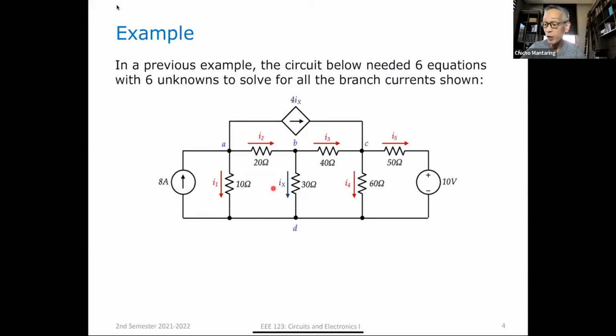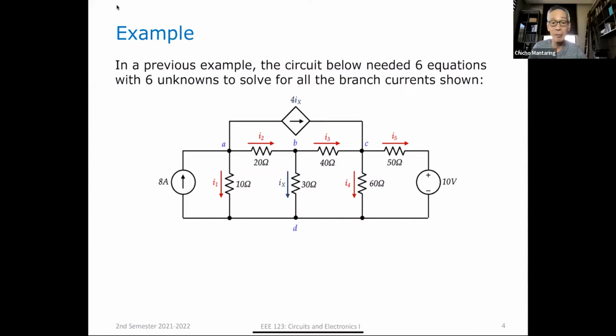So I applied KVL to this mesh, and this mesh. And that's where I got my 3 other equations. So I had to solve 6 equations in 6 unknowns. Now, everybody knows that that's not a very convenient thing to do. Fortunately, your calculators can solve sometimes up to 3 or 4 equations in 4 unknowns. If you go on the internet, you're going to find equation solvers there that can solve a set of linear equations in more unknowns. But if you had to do it by hand, you wouldn't want to be solving more than 3 or 4 equations in 4 unknowns. In this case, you needed